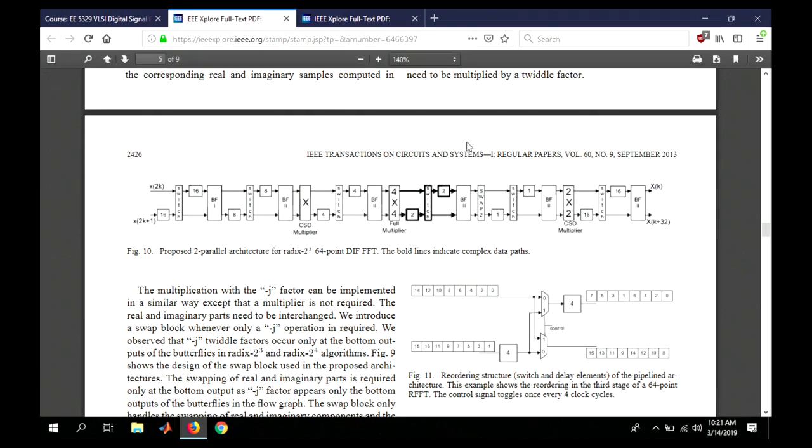You see these bold lines, those are complex data path. Each signal is A plus jB. When I see this number 2, that's 2 complex delays. 2 complex delays are storing 2 complex numbers, which would be 4 physical flip-flops. If you don't see bold lines, that's 8 and 8, that's 8 flip-flops, 8 flip-flops.